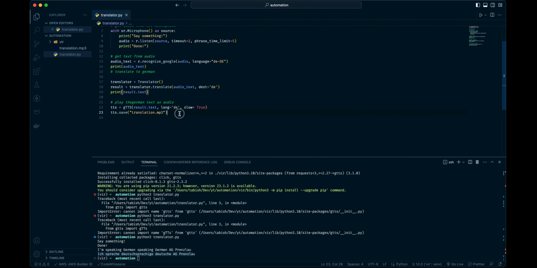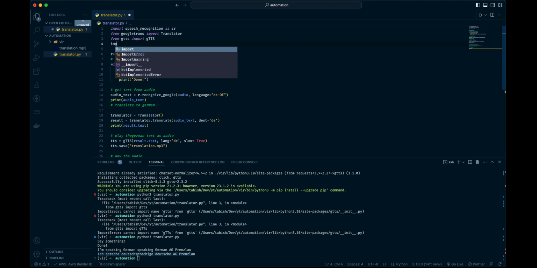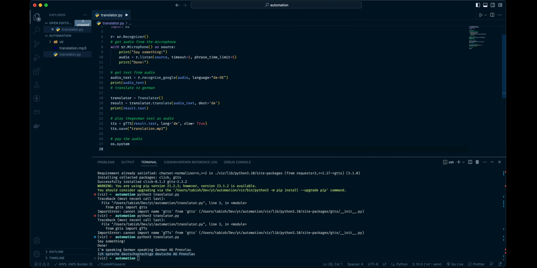So now what we could do is play that audio. For Mac users, it would be os.system. We'll have to import os, so import os. Afplay. I don't know why it's like this, but that's how it is for Mac, and for Windows users it is